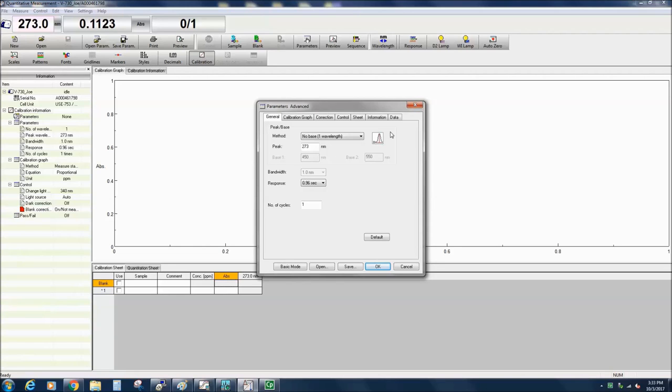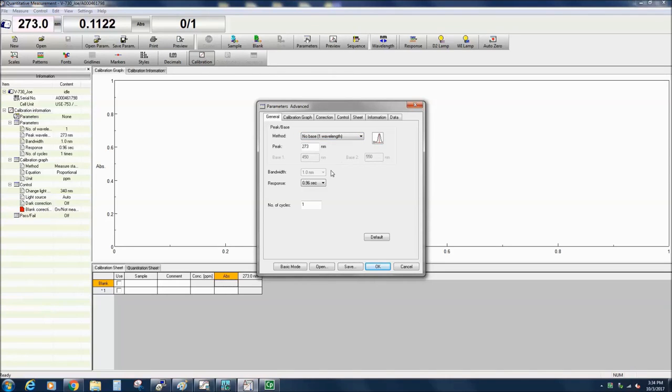In basic mode, the settings are automatically specified with certain parameter combinations. In advanced mode, each parameter is specified individually. To show the breadth of the settings, we will proceed in advanced mode. There are three quantitative method options. The no-base method uses the peak absorbance at a single wavelength. The one-point base uses the peak and baseline wavelengths, and the two-point wavelength uses 3 wavelengths for samples with inclined